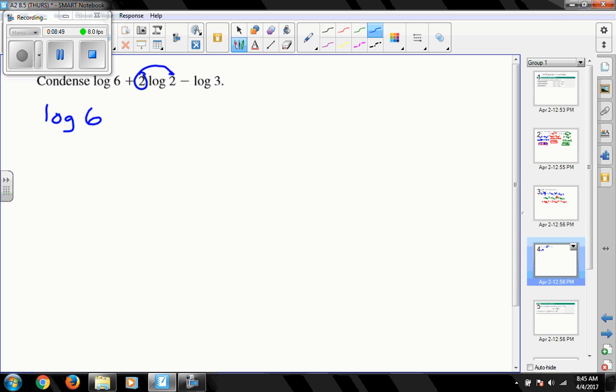Since we don't see a 10, we're going to be under the assumption that these are all log base 10, which is what your calculator uses. We're going to add log of 2 squared minus log of 3. Simplify this, we get log 6 plus log of 4. 2 squared is 4. And subtract